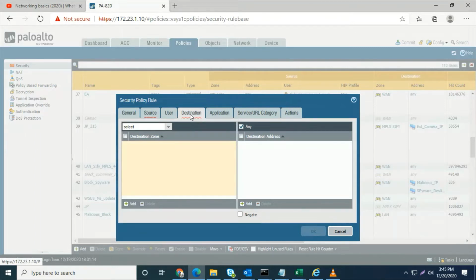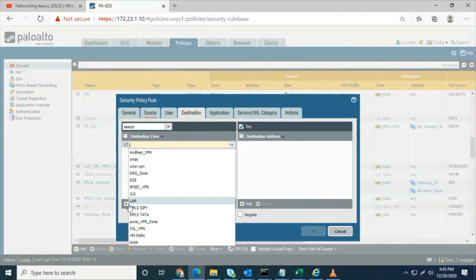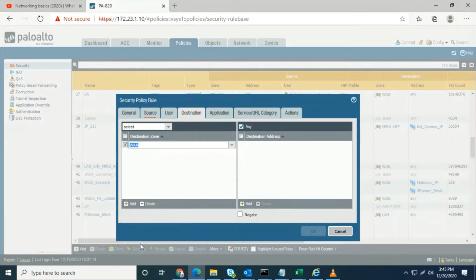Click Add; the source zone and destination zone must be specified. Select the destination zone, meaning outbound, outside. My outside port is the WAN port. If you have a specific address outside our network,